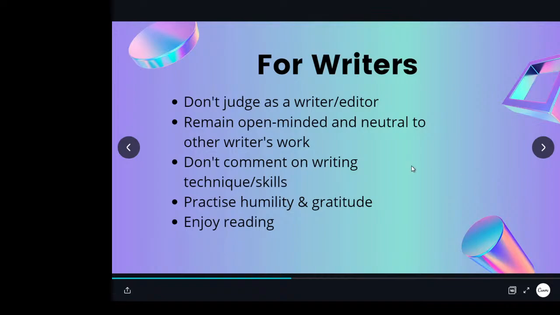Right, so I'm going to talk about beta reading for writers first. So we know a lot of writers. Before we are writers, we were once readers. So the reason why we got into writing was because we loved reading first. But along the way, learning how to be a writer, we forgot the joy of being a reader without judging as a writer. So the first rule of thumb, the first tip that I would like to share is this: